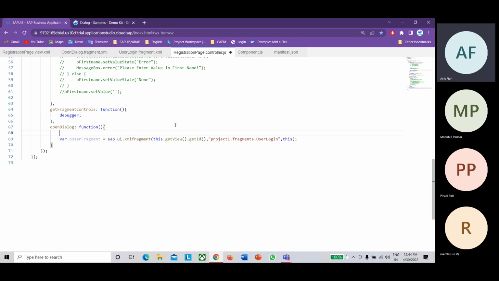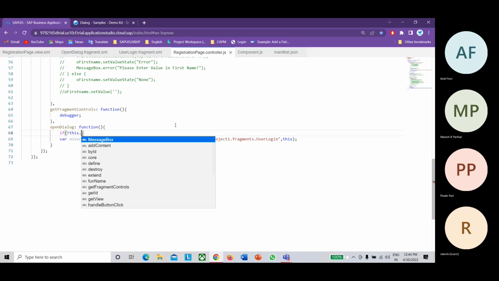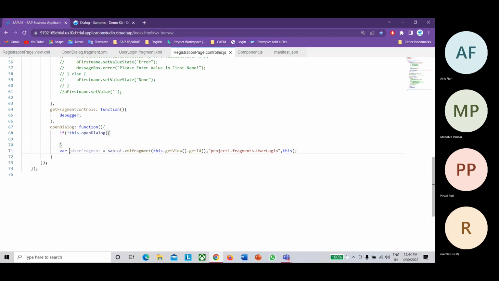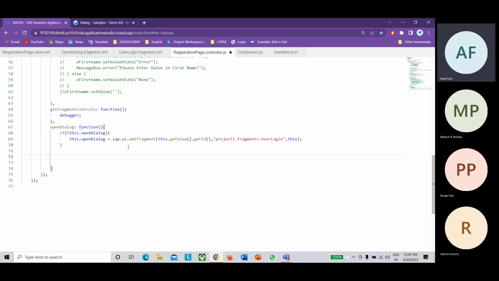Before that, I will add: if not this.openDialog, then it should load, and then it should open the dialog. And instead of user login, I'll write dialog. Fine.